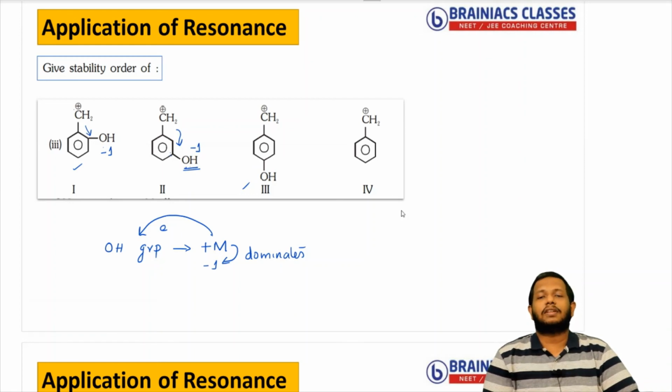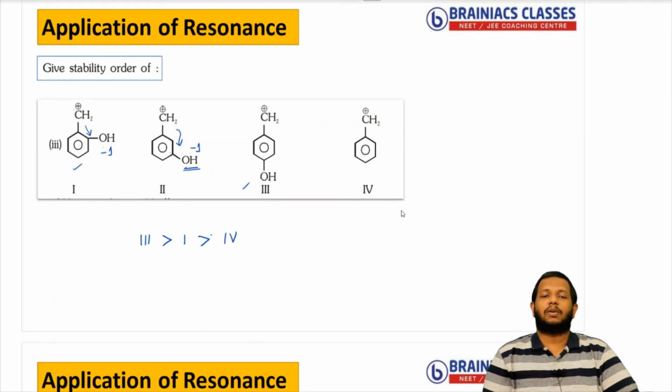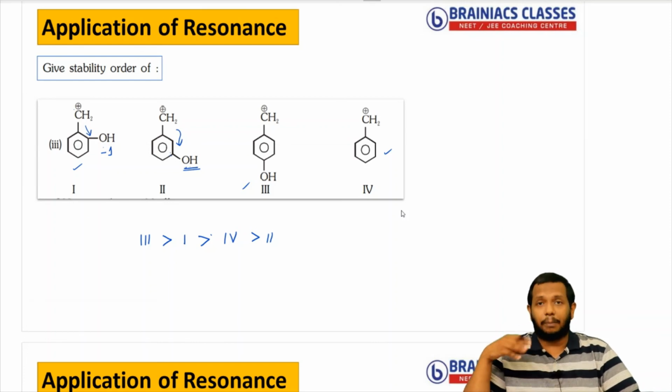In the fourth one, there are no groups here, so I can say no impact. Here the plus M effect is stabilizing. So which one will be the most stable out of all? I can say the third one. Then who will come? The first one. Then who will come? The fourth one. Why? Because in the second one there is no plus M effect, only the minus I effect, so the minus I effect is destabilizing. In the fourth one nothing is there, so there is no destabilization. So which one is more stable? The fourth one. Then comes the second one. Clear? So this understanding is very important. Like this you need to compare and learn. Then only you will get a fair idea. Okay.